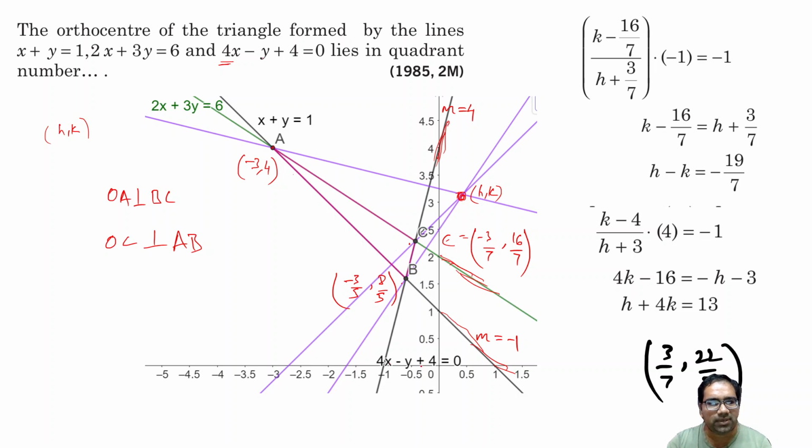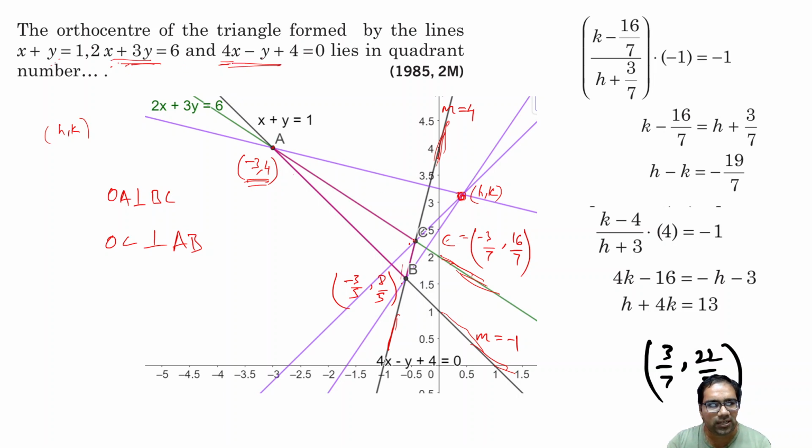The line 4x minus y plus 4 is meeting these two lines at B and C. These two lines are x plus y equals 1 and 2x plus 3y equals 6. So all three points come from solving these lines. If we solve two together, for example x plus y equals 1 and 2x plus 3y equals 6, we get the point minus 3 comma 4. And if we solve 2x plus 3y equals 6 and 4x minus y equals 4,